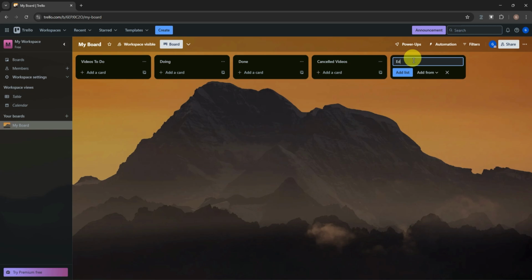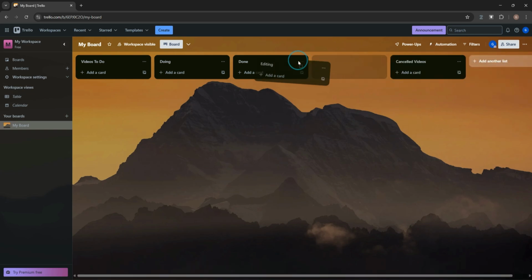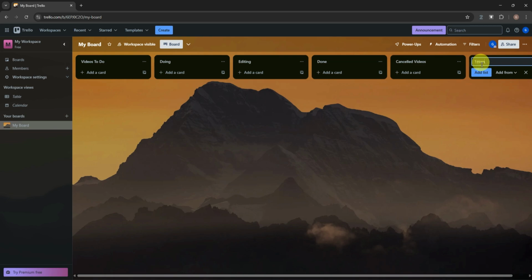Let's just add another list for editing. There you go. Next will be thumbnail creation. There you go. And then let's just make this done list right here as uploaded. So there you go. In your list, you can also edit list actions right here just by clicking